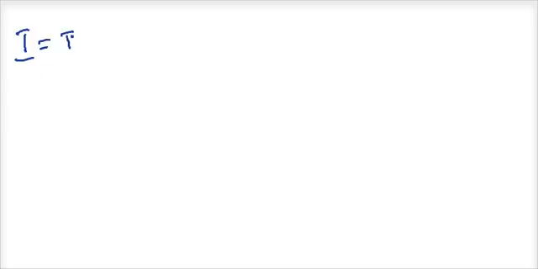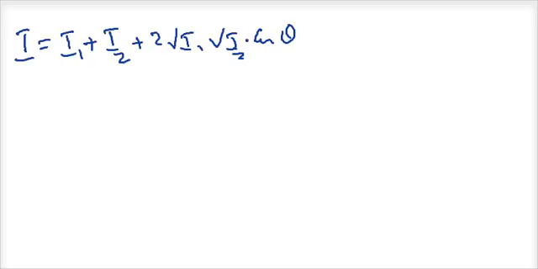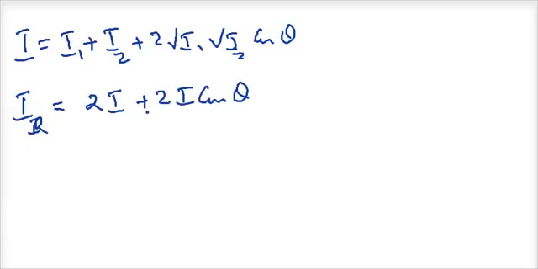So I have I is equal to I1 plus I2 plus 2 times root I1 root I2 into cos theta. Now sometimes they won't give you I1 and I2, or they will be silent about I1 and I2. In all such cases I may assume I1 to be equal to I2, in which case the resultant intensity will become equal to 2I plus 2I cos theta. If the resultant intensity is 2I plus 2I cos theta, I can say it is equal to 2I into (1 plus cos theta).